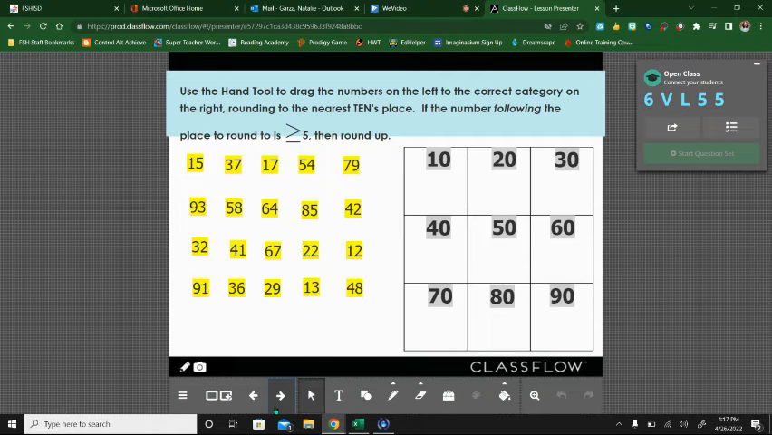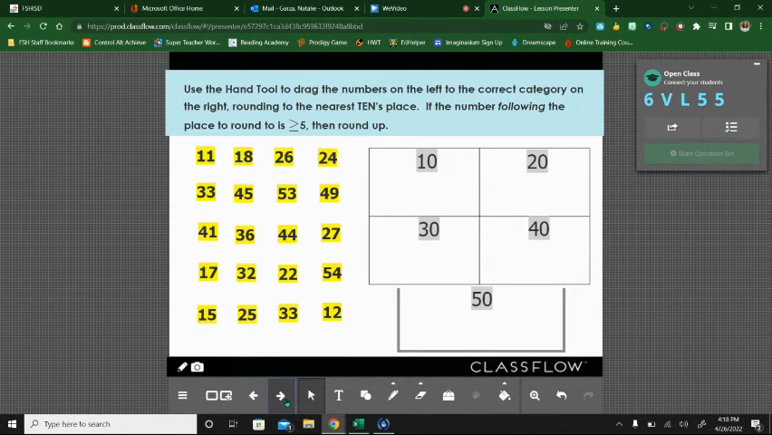You then can use the different tools to do the activity. So for example, it's going to ask, what can this round to? 15 would round to 20. And so you can click and drag and be able to complete this assignment together. Students would also get their own individual assignment that they can turn in to you. Same thing here with these numbers,